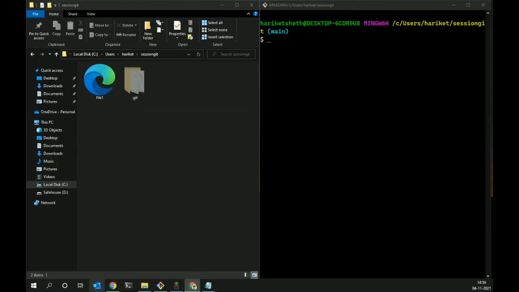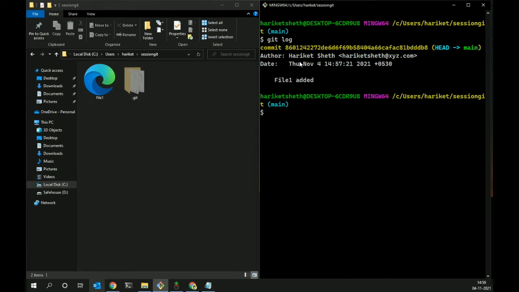Hey everyone, so we are back with part 3.2 for the Git demonstration, and here you should importantly note the status of the repository. So I have removed some of the files. We have just file 1 right now, and you should see the commits as well. I have just kept one commit right now, which is file 1 added only, and it's an empty file. I haven't added anything.